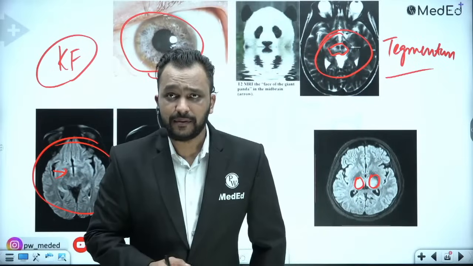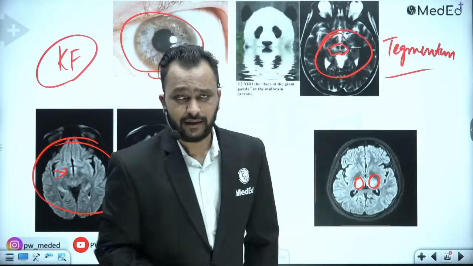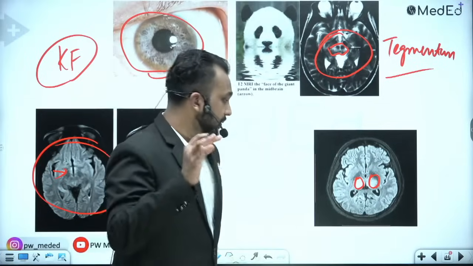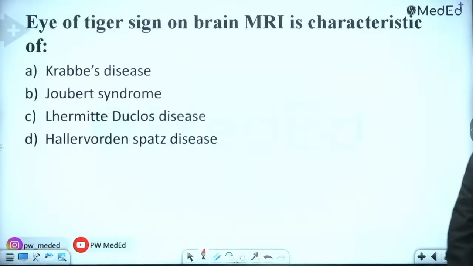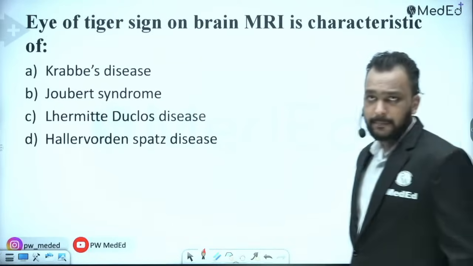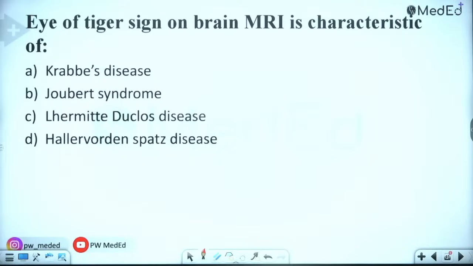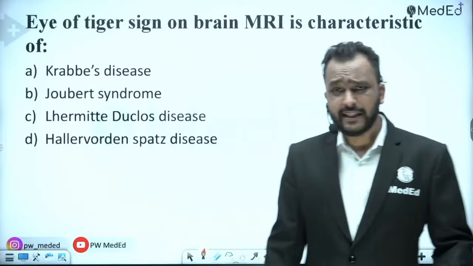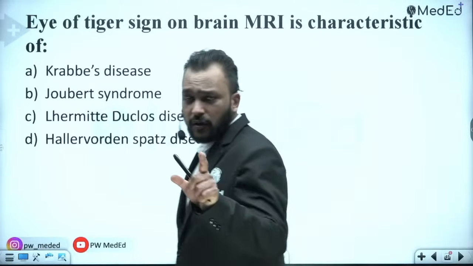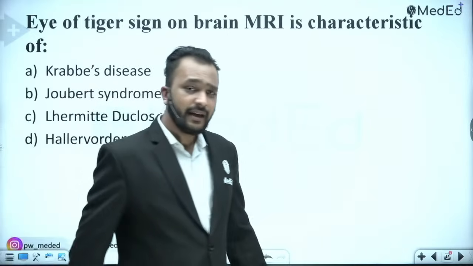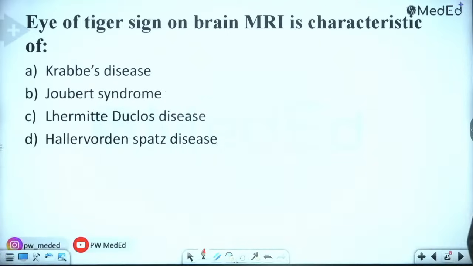Bilateral hyperdense thalamus was seen in, come on guys, we have already discussed this, Krabbe disease, right? So bilateral T2 hyperintense lesions in the thalamus on MRI are seen in Japanese encephalitis, and bilateral hyperdense thalamus on NCCT head images will be seen in